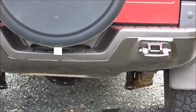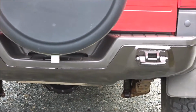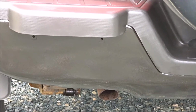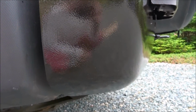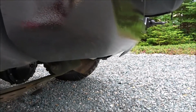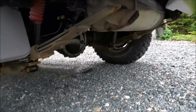It took a long time because it does have to dry at least a full day in between, and we have a sort of damp climate. So it took a little while, and doing it outside, I probably wouldn't recommend that because it does get very tacky, and some bugs and dust and stuff will stick into it. But as you can see, the paper towel method of texturizing it turned out really well. I like that. It's better than brush strokes. And yeah, so now we'll just see how it fares through the winter and the salt and that sort of stuff. And actually I got a new